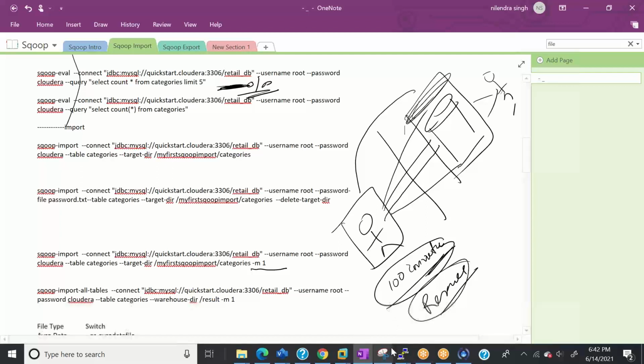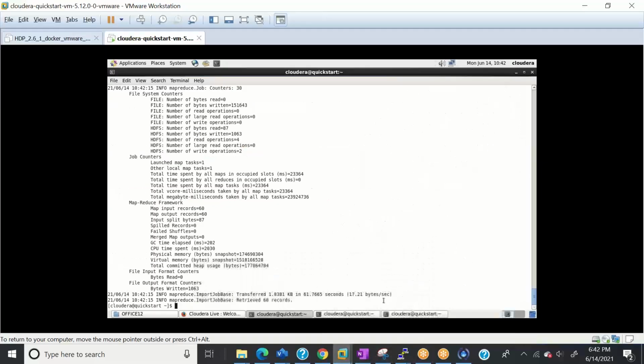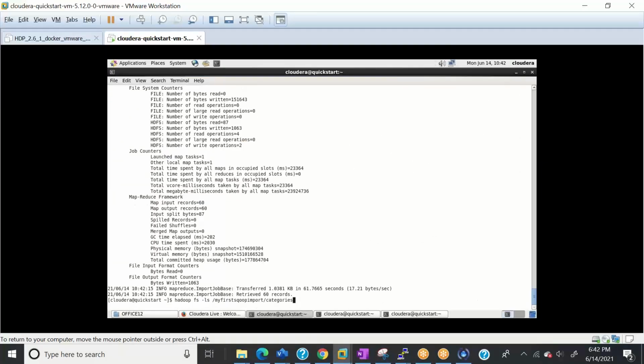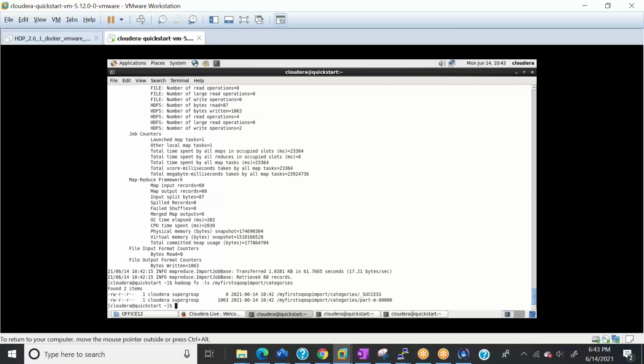Okay, so let's see if our job is successful. Our job is successful, right? Let me run this command again, and ideally there will be only one file, part-m-00000 or something. See, why do we have only one file here now? Because I gave -m 1, so it means I only gave one mapper.